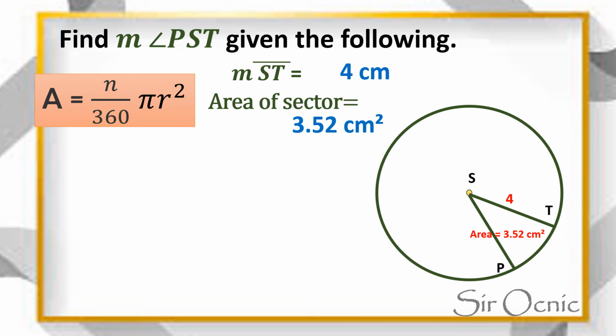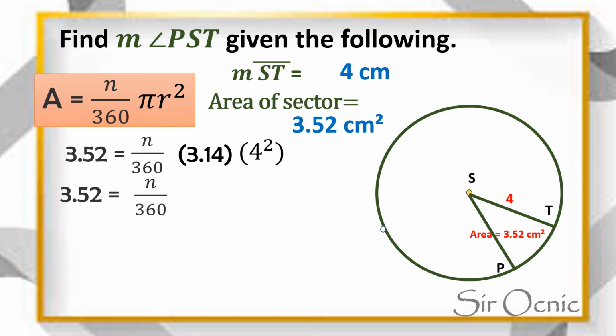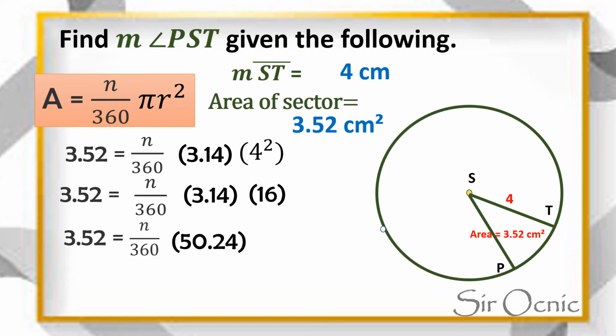Substituting these values into the formula for the area of the sector, you will arrive at 3.52 equals n over 360 times the value of pi, which is 3.14, times the square of the radius, which is 4 squared. That will be equal to 3.52 equals n over 360 times 3.14 times the value of 4 squared, which is equal to 16. 16 times 3.14 is equal to